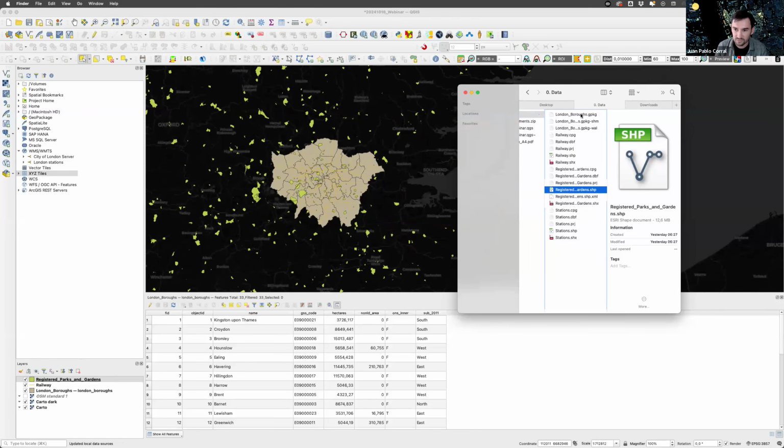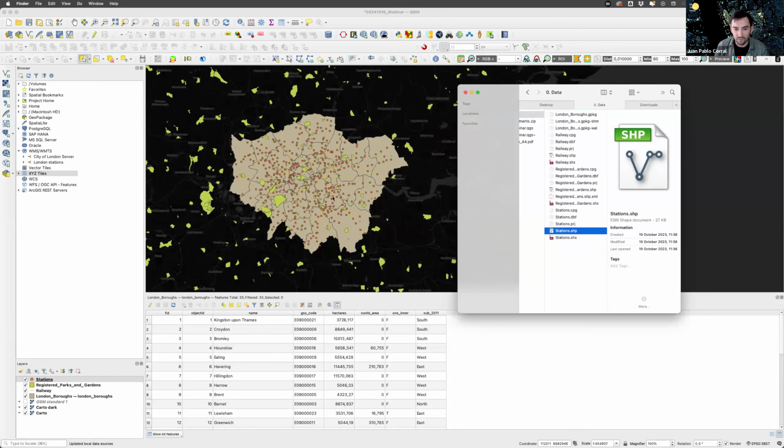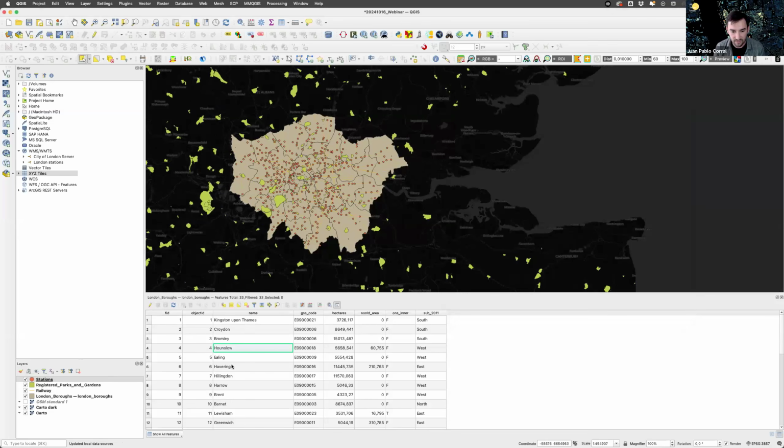In the previous case, it was a GeoPackage; this is the extension that you can see here. I will also add data about stations in London. For all of this, you can visualize the data, but you can also inspect the table to see what is included there.